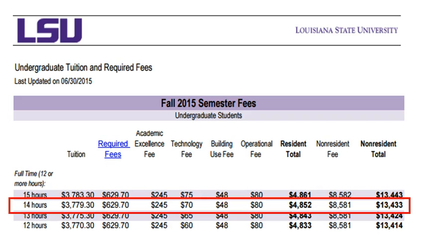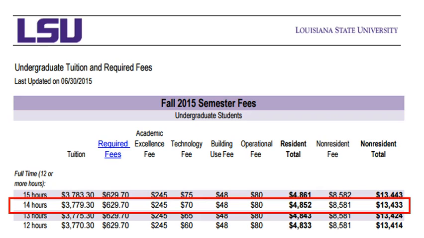That is for a student that's taking 14 hours. How do I know that? Basically, the resident total in bold is $4,852. If I multiply that by 2, that is how I came up with the $9,714. Okay. And also for the non-resident, you see the non-resident fee is $8,581, and then the non-resident total is